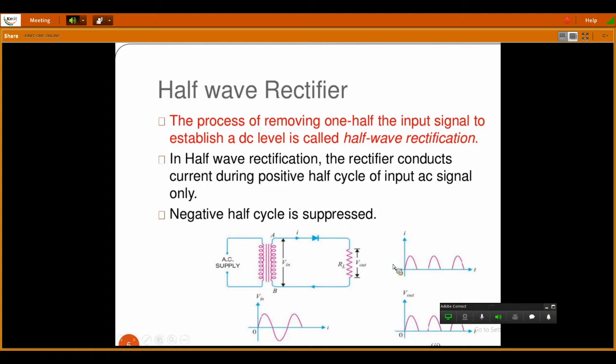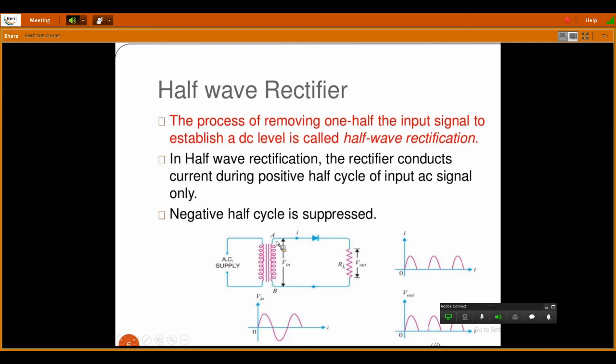Input here, this structure is nothing but a step down transformer, and to this primary winding we have given an AC supply or AC input, and this AC supply is coupled with the secondary windings. Both primary and secondary windings are coupled, and this is a step down transformer. Stepping down means lowering the input voltage, and how much it steps down depends on the transformer's properties, that is, on the transformer ratings.